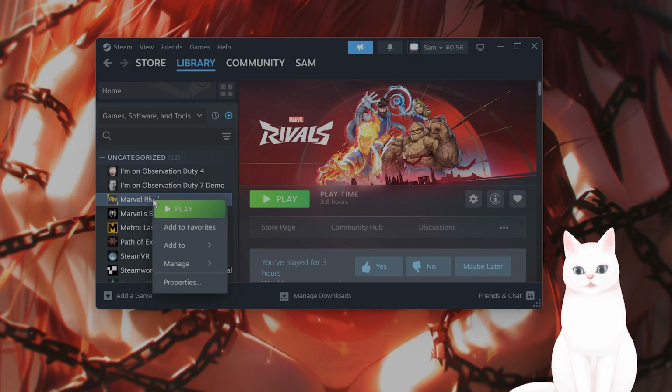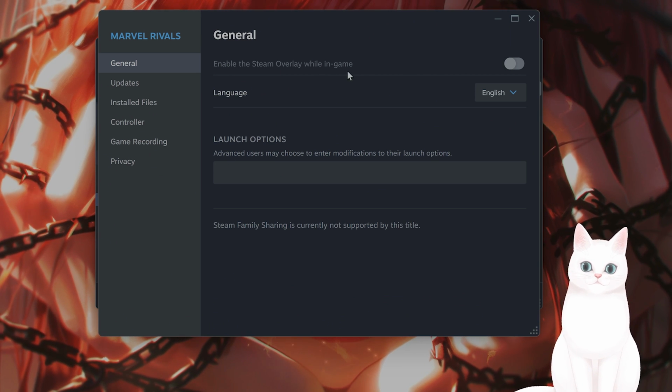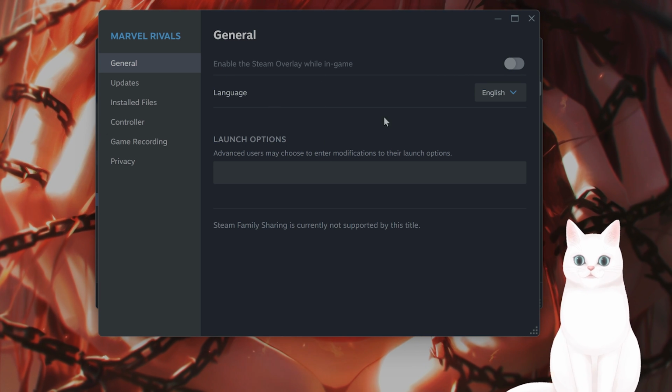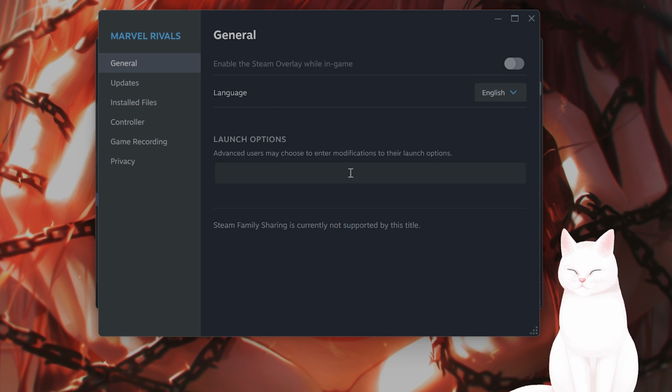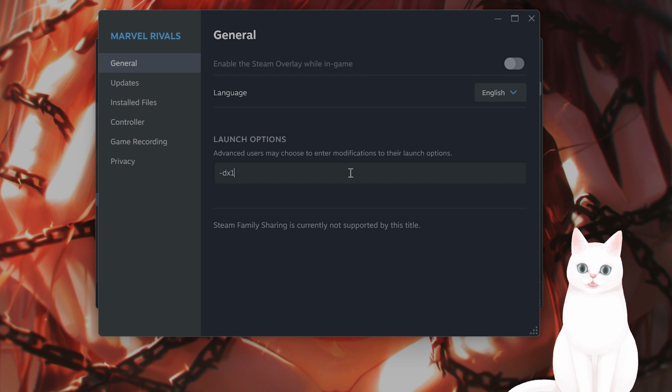Once it is added, you want to right click on it, hit properties, and by the way, you want to enable Steam overlay while in game. You want to turn this off. You want to make sure the overlay is off. And from here, if you want to force it to go to DirectX 11, you type in -DX11 to force